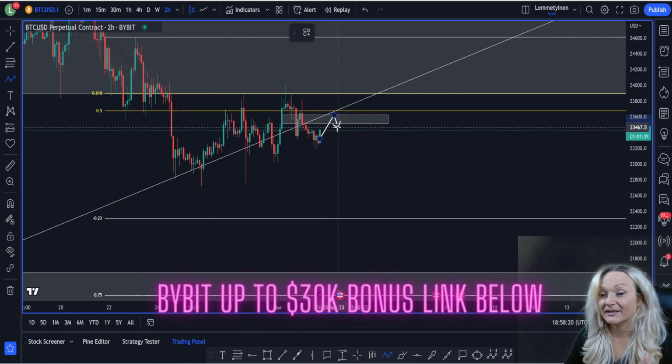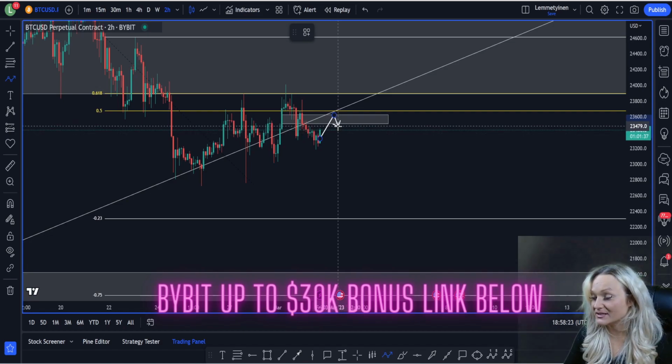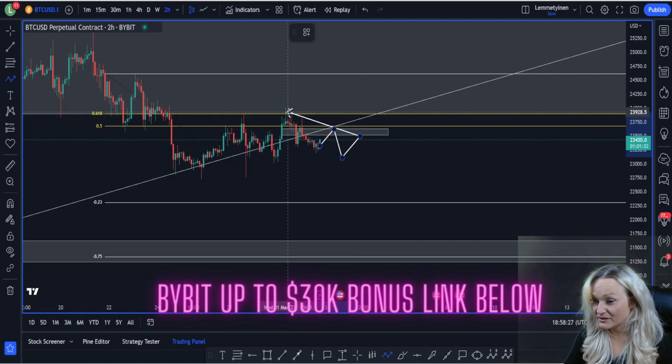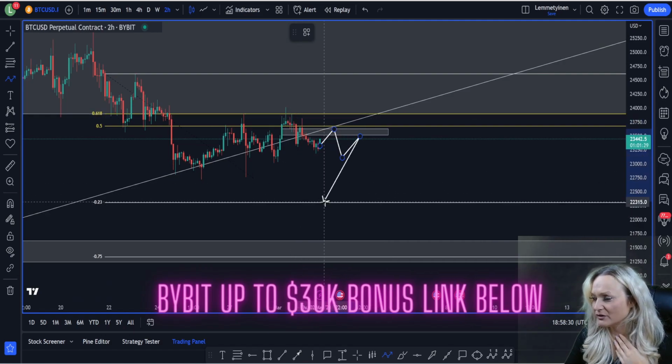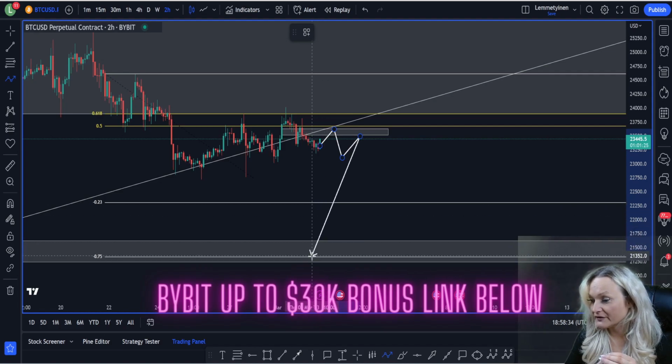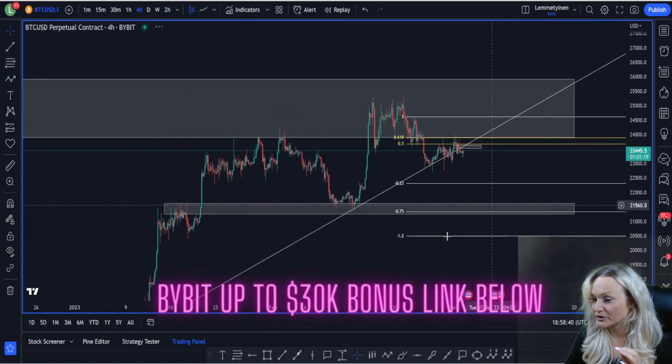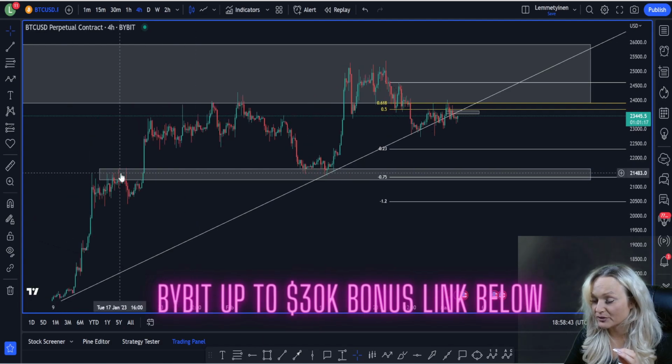and it shows us that this will actually be another resistance, then the next target for us to reach back down to, based on this Fibonacci level, take profit 1 is at 22,315 and take profit 2 is down at 21,335. Now if we are zooming out on the higher time frame perspective, this is down at the previous resistance,